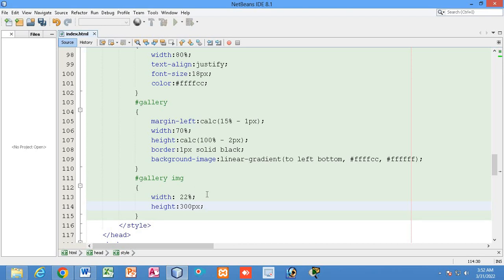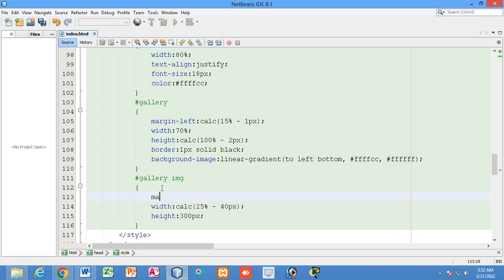So instead of making it 22%, I will use the calc method. Here I am going to write 25% minus 40 px, right?